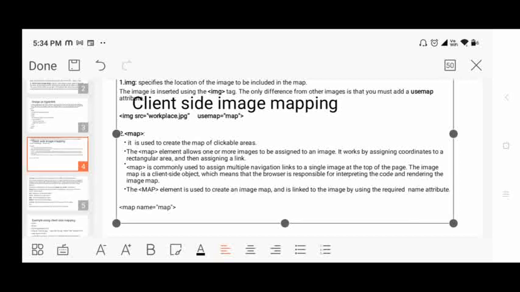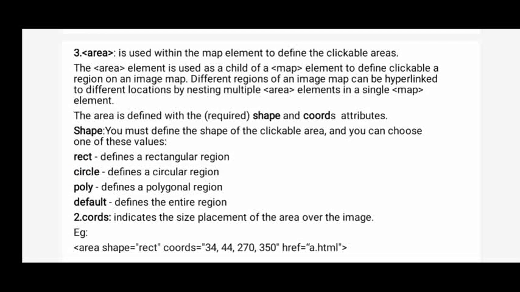Okay, now the next element is the area element. Area is a child element of map, so we should write the area tag inside the map element.